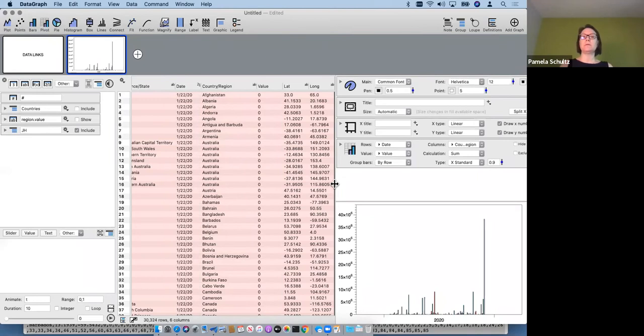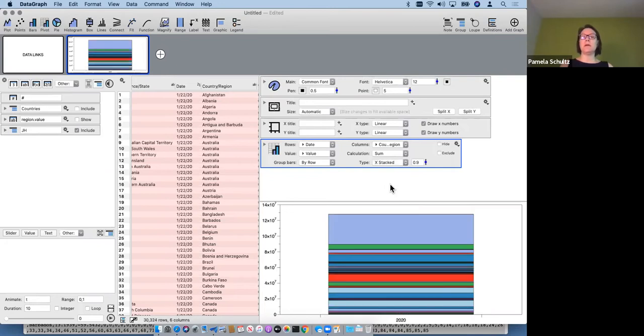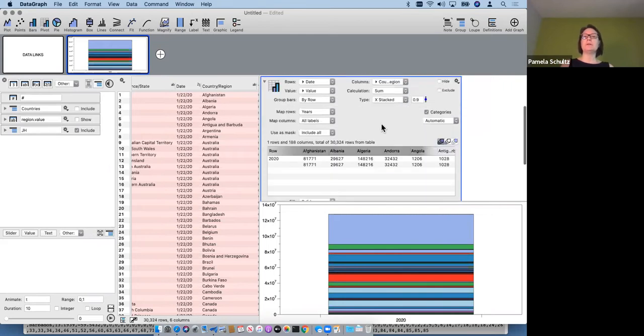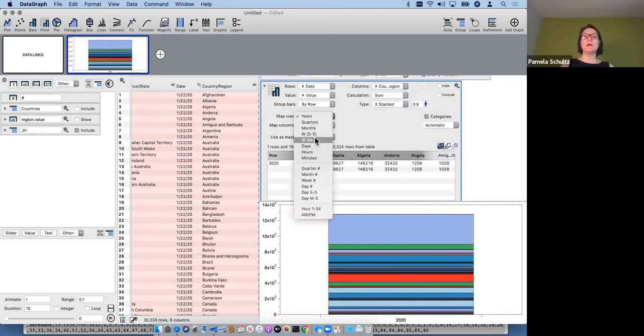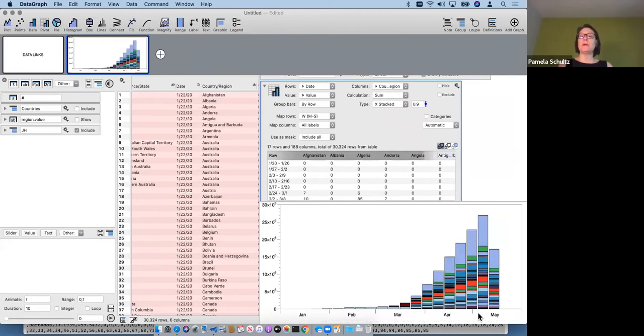click on my pivot command, and again, I have some additional formatting I'm going to do. I don't want this as side by side because I have all these different countries. I'm going to stack this data. By default, this is grouping it by 1 year right now, summing everything across all my countries. I would want to change this to use an increment of time that made more sense. So if I wanted to do this over weeks, for example, I can see the data that I have associated with this particular data set, uncheck categories. Now I have dates